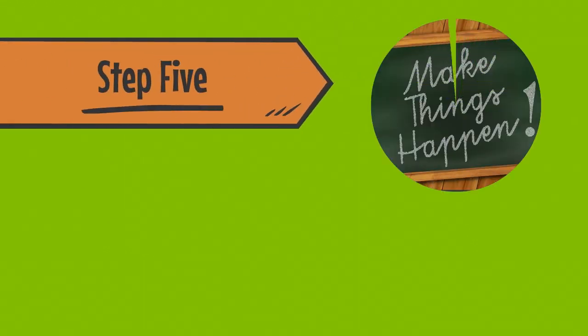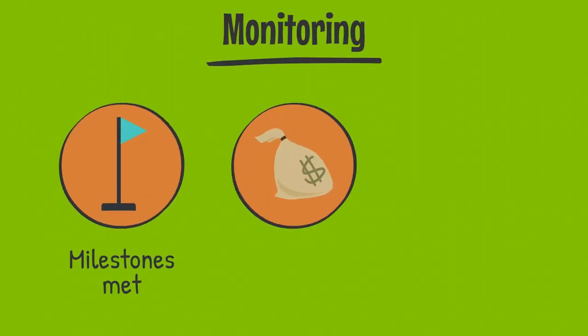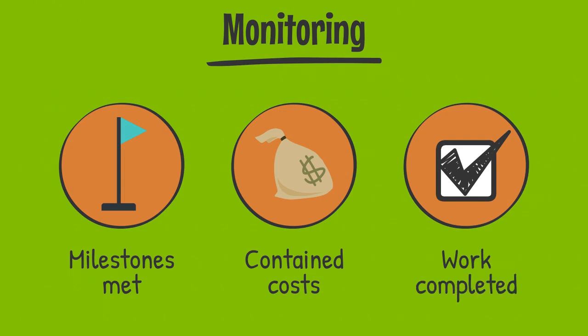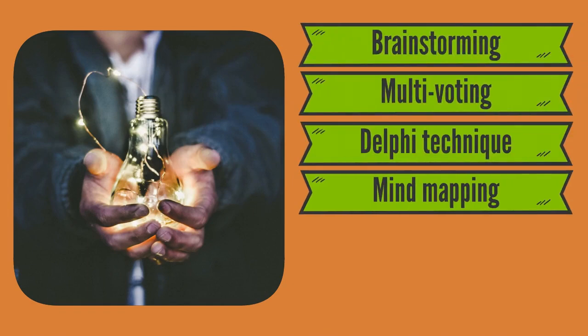Step 5 is about implementation, and Step 6 evaluates the outcome through monitoring. Monitoring checks that milestones are met, costs are contained, and necessary work is complete. Possible solutions can be generated by using a range of problem-solving techniques, such as brainstorming, multi-voting, Delphi technique, mind mapping,